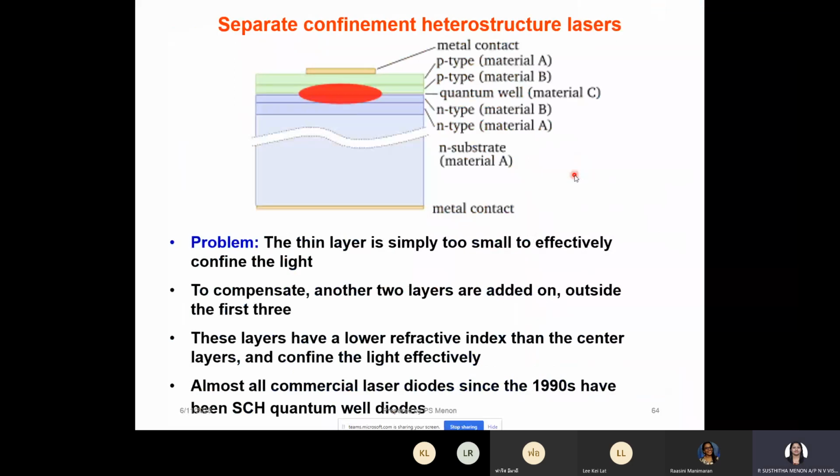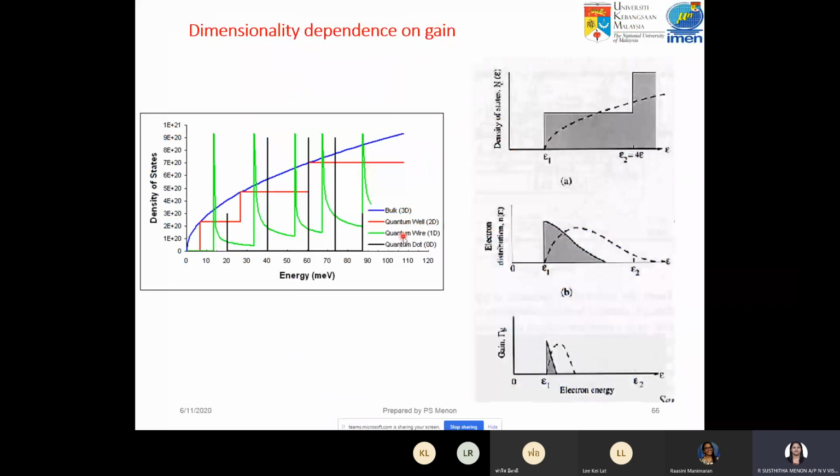Okay, so I wanted to explain the difference between a bulk material, quantum well, quantum wire, and also quantum dot. This is density of states in a material versus the energy. The blue color is the bulk material, any bulk material, for example gallium arsenide or whatever. So you can see that the energy is varying as the density of states changes. But when you confine it to a